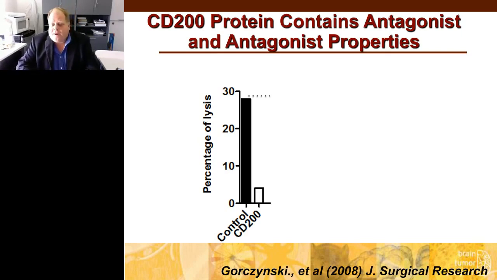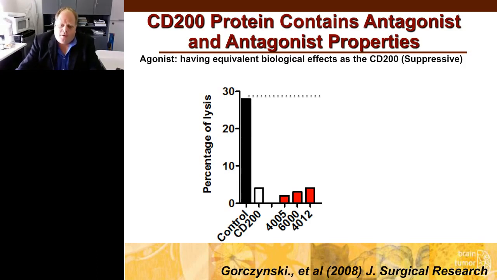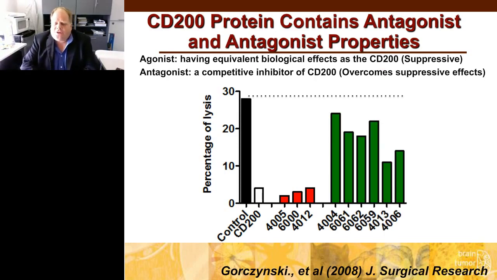But what he started doing is he looked at crystallography, and he actually looked at regions of the CD200 protein itself, which when you add it to the mixture, you either got this agonist, which he's terming as an agonist response, or an inhibitory response, the same as the protein. But what was interesting is different regions of the protein, you got an antagonist response, or it overcame the suppressive effects. So we started looking at these,